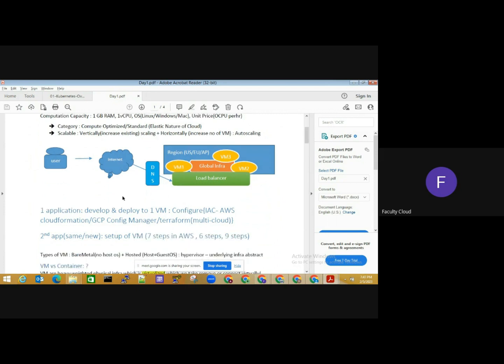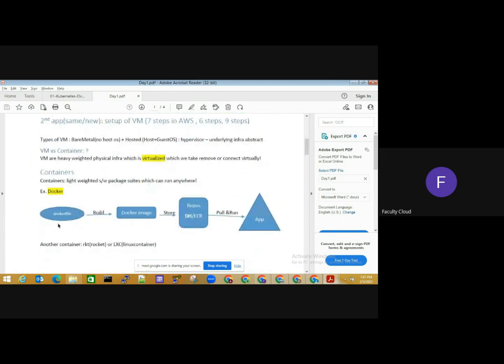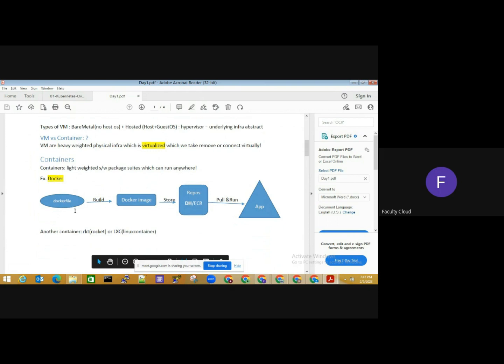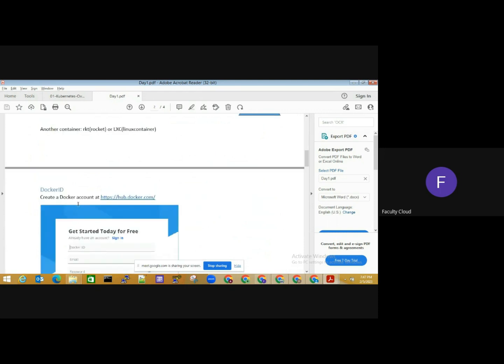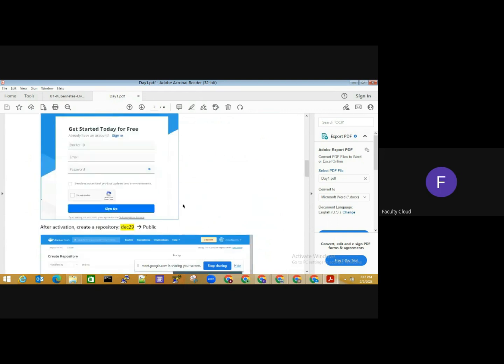We will see the different ways of containerization, as I said, right from the Docker file, building and storing the image into Docker Hub or a registry, and pulling and running it as an application. We will see this maybe day wise. We will take each component and then we will move ahead with our discussion. Sometimes you might be familiar, but we will start with the basics right away.